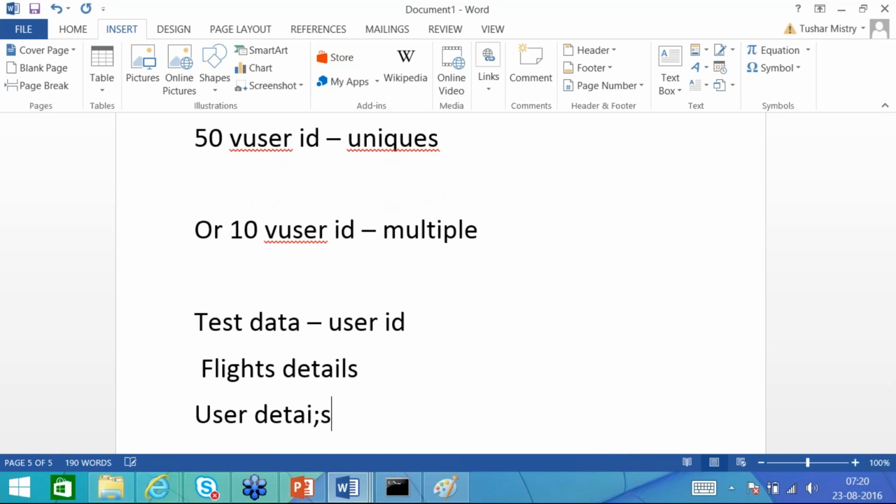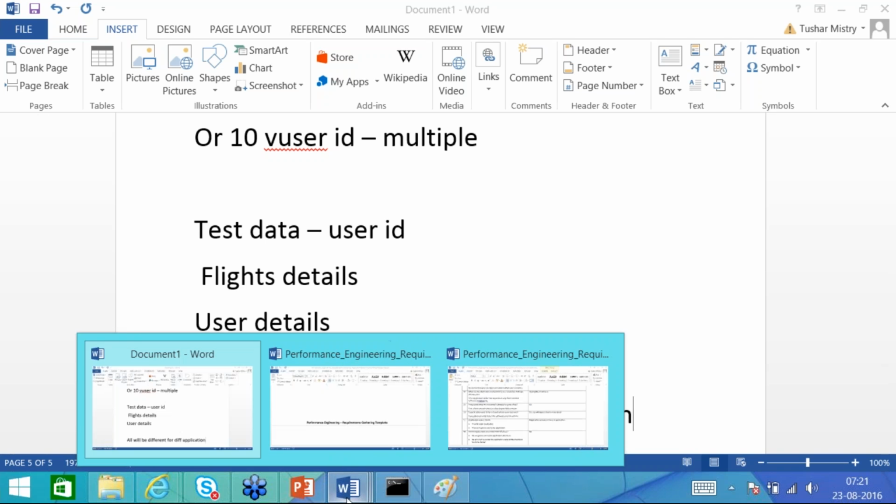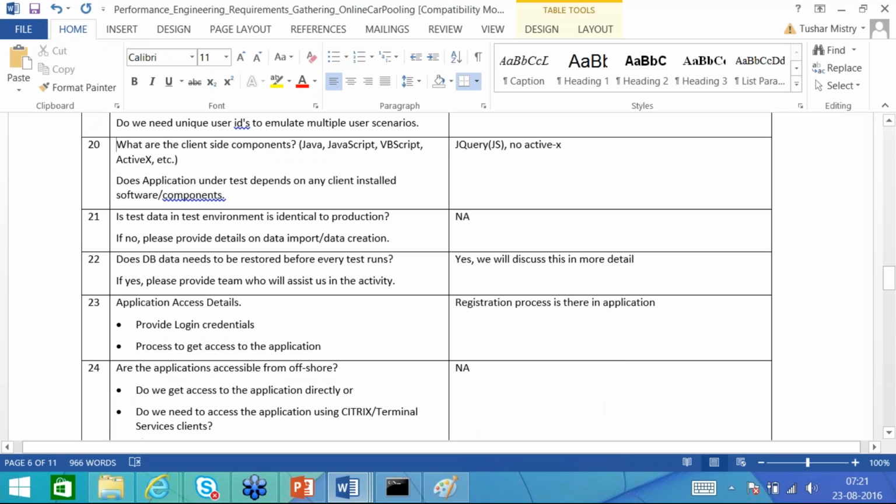So all these are test data and they will be different for different applications. So this will vary from application to application, so you need to identify proper test data. Okay.